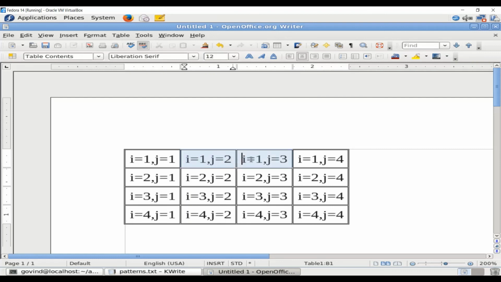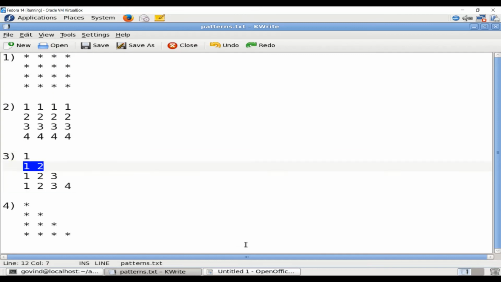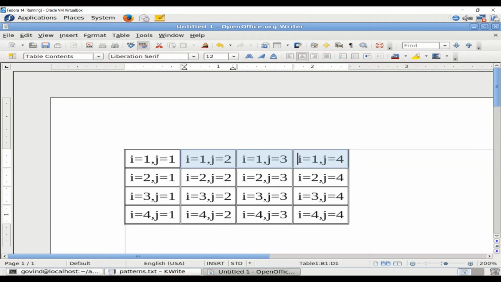It means the output of these three executions of the inner for loop should not be printed. In the next iteration I must print 1 and 2, meaning I should print only these two. In the third iteration I will print this.